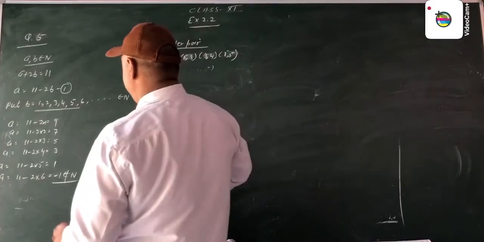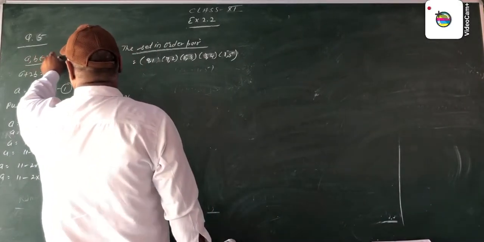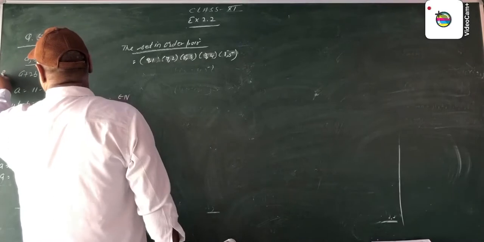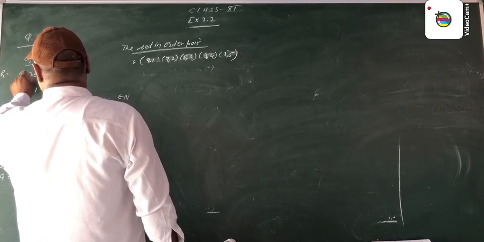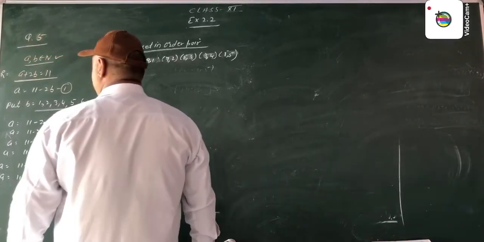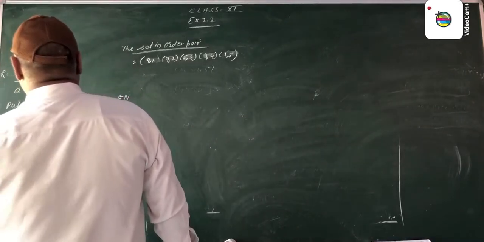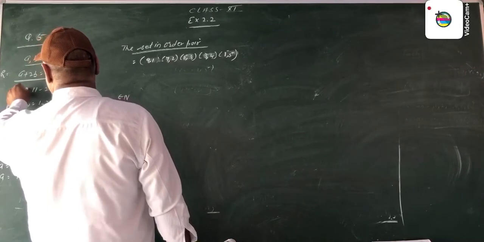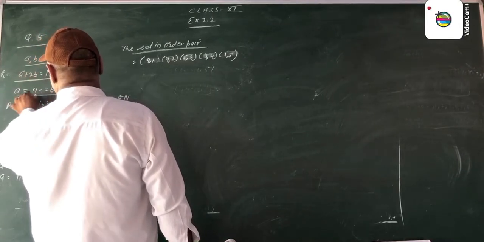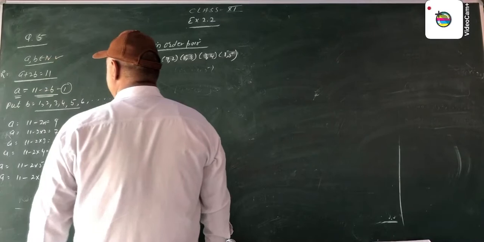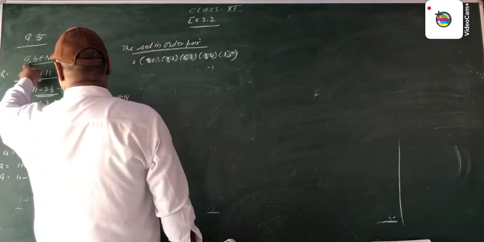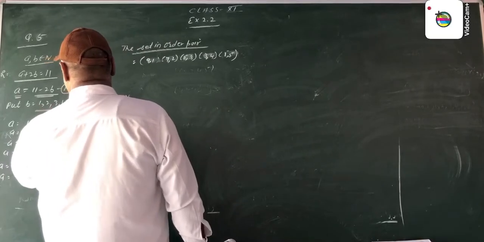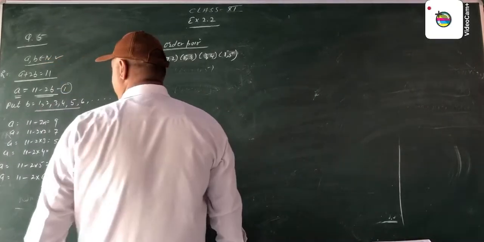If it is given that A, B belong to the natural numbers and the relation R is given by A plus 2B is equal to 11, we discuss this relation. We find the value of A: A is equal to 11 minus 2B. This is equation number one. Now it is also given that A and B are natural numbers. Then we put the values of B as 1, 2, 3, 4, 5, 6 and so on.